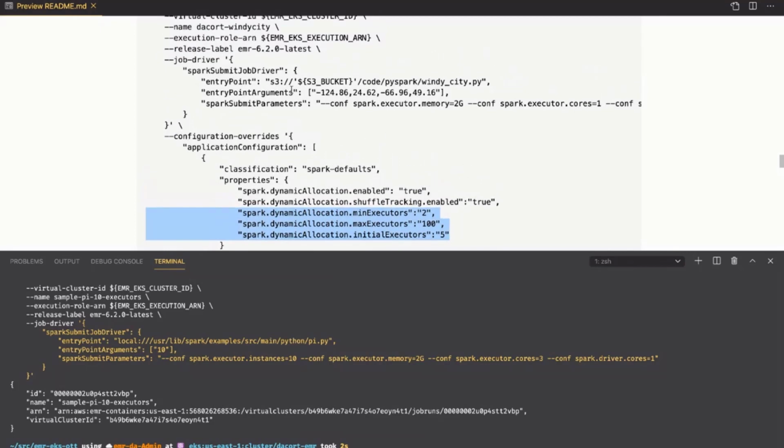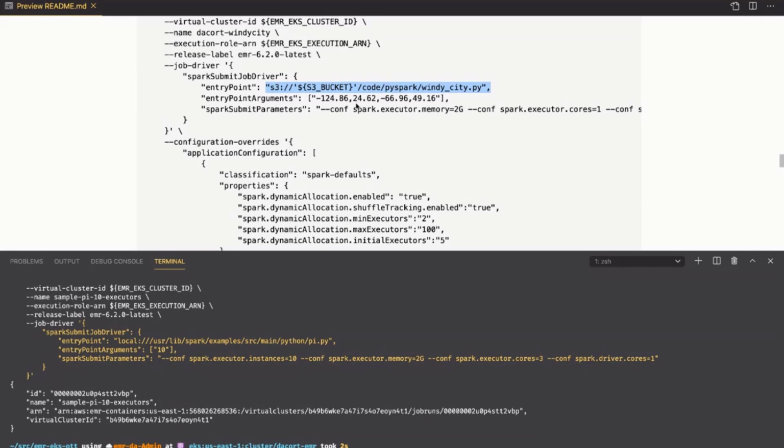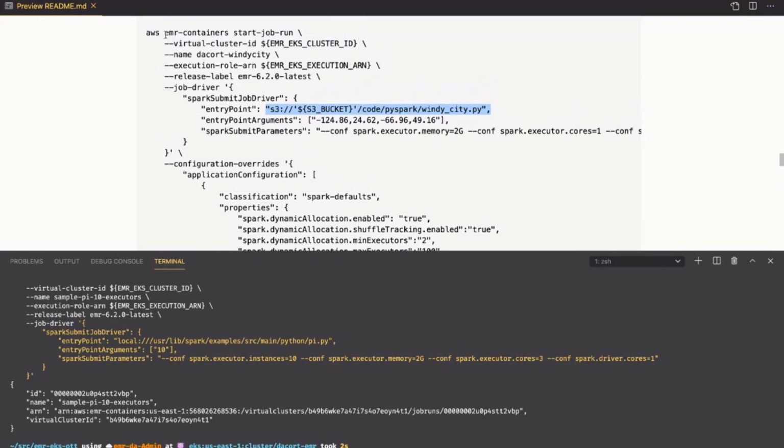For this sample job, I'm actually using a different script. So I have a script. It was a really windy day in Seattle a couple months ago, and so I wrote a quick PySpark script to calculate the max wind speed on each day. And so I'm going to use that script because it goes over a lot of data from the registry of open data on AWS. So, if you're from Seattle, you may recognize some of these latitude longitudes. That might be actually, I think that's all of US. I tried to bump that up. Anyway,